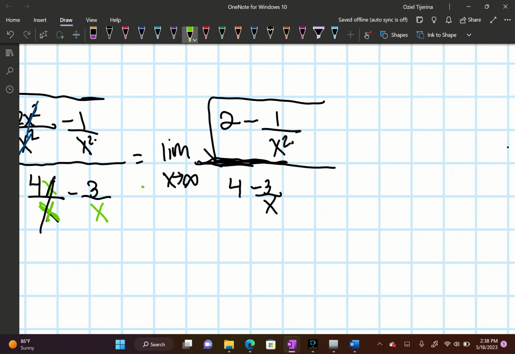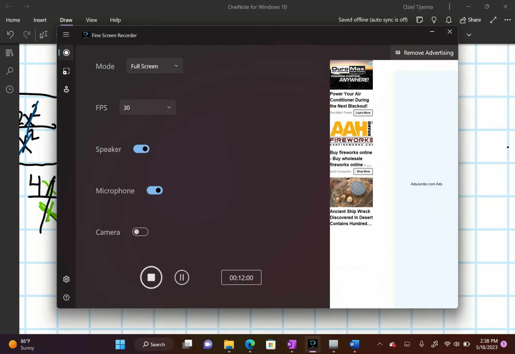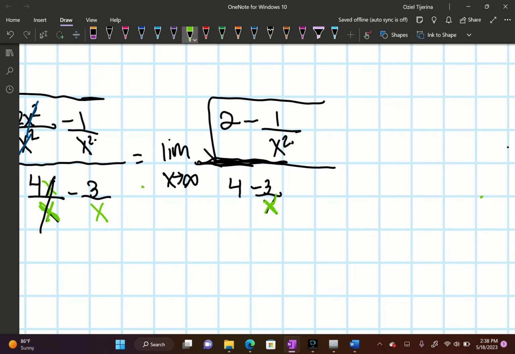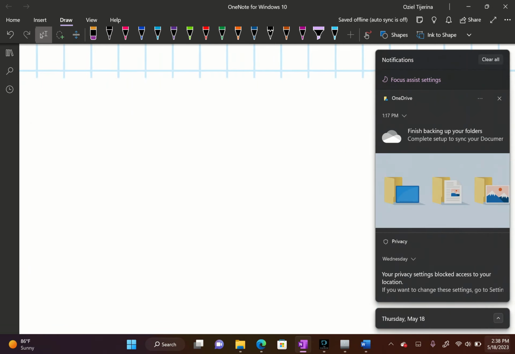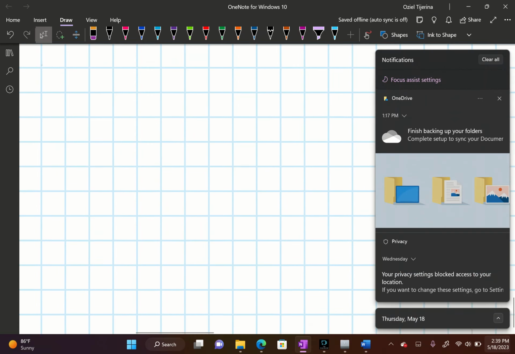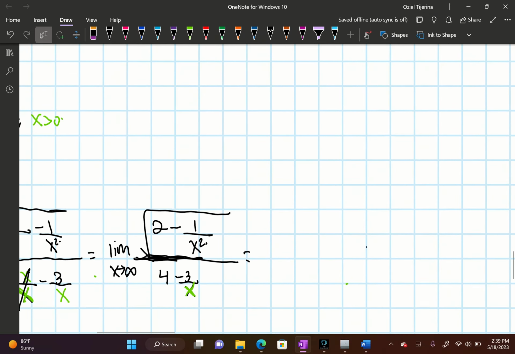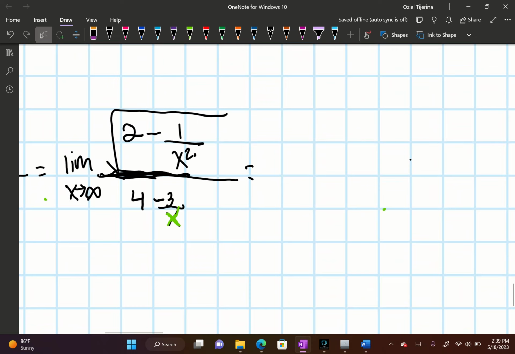Like I said, this part kind of stays like this. And so now we know that this entire part is going to actually be,